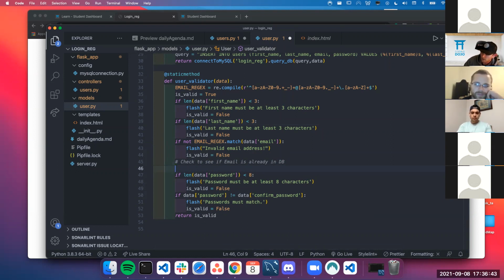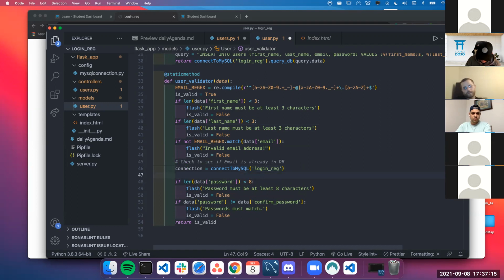So if we're doing this, I know that I'm going to have some sort of check. I need to go into my database and check to see, well, does this already exist? So within my validator, I'm actually going to say connection, and that's going to connect to MySQL. It's just my connection to my database. Login reg is what I called it. Then I'm going to write a query. And my query is going to say select all from users